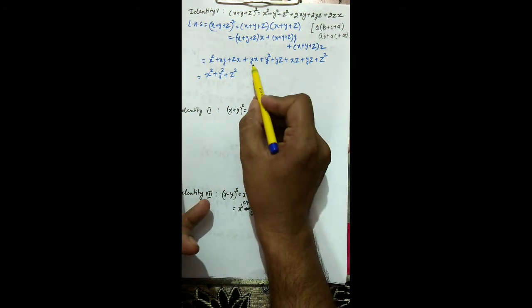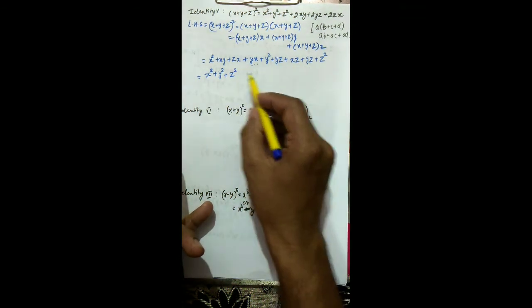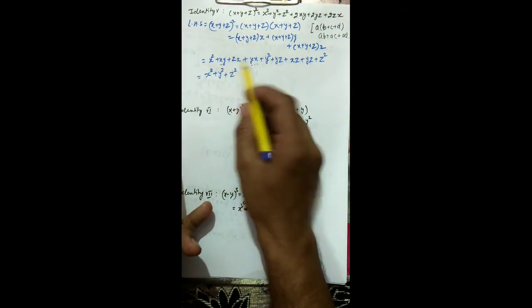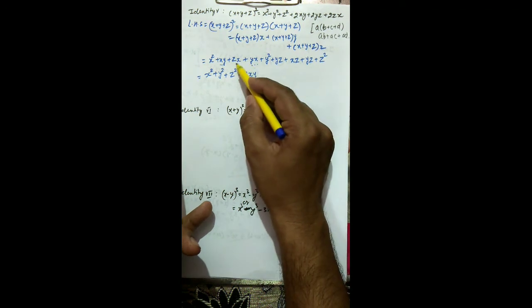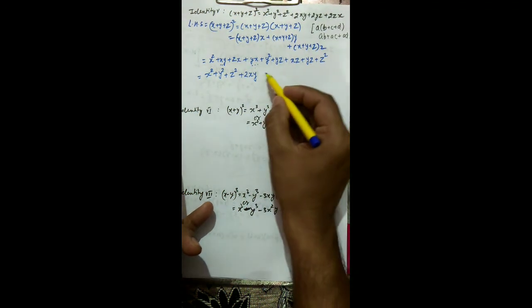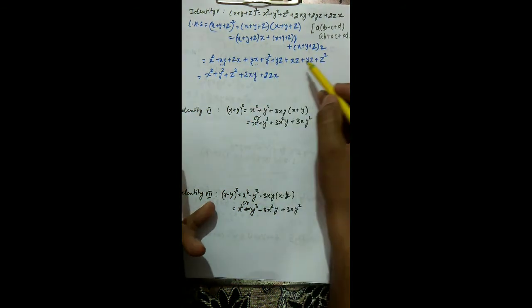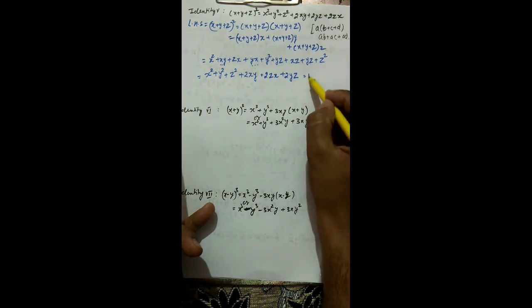You can start with yx. This is the first yx term, and there is another xy term. So this is xy, and this is also xy. So this becomes 2xy. Now come to this zx, and this is also zx. So this becomes 2zx. Now zx is over, yz, this is yz, and this is also yz. So this becomes 2yz. So now this has become equal to the RHS. So the proof is with you now.